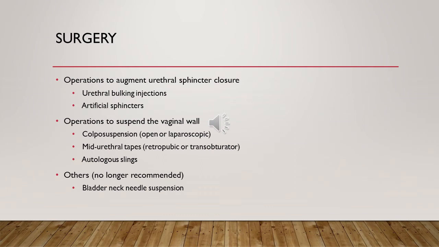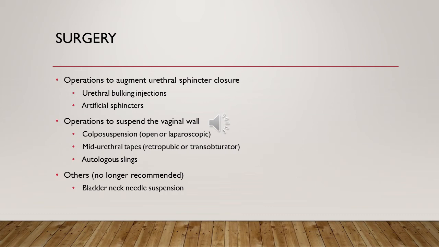For surgical management, we have three main types of operation, depending on the purpose of surgery, which will depend on the pathophysiology of urinary incontinence. The first type is the operations mainly directed towards the urethral sphincter, and they are either urethral bulking agent, and the most common type is Bulkamid, or artificial sphincter. The other type of operation is the operation which is mainly to suspend the vaginal wall and so provide support, like colposuspension, which is either open or laparoscopic, mid-urethral tape, which is either retropubic or transobturator,